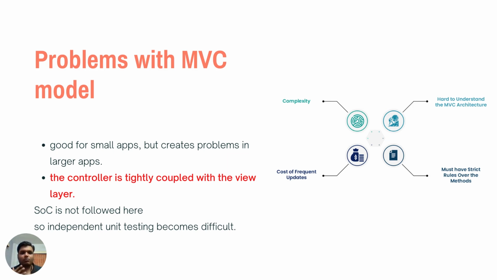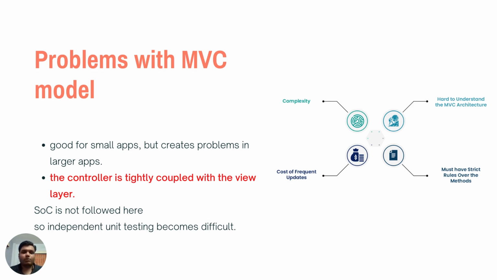It is difficult to unit test the controller. This problem is mainly because the view layer is very dumb over here. The view layer does not contain any logic. All it does is raise events, and those events are handled by the controller. So this forms a problem in maintaining separation of concern, and unit testing cannot be done effectively over here. And this is the primary reason why larger applications cannot be built using MVC pattern.